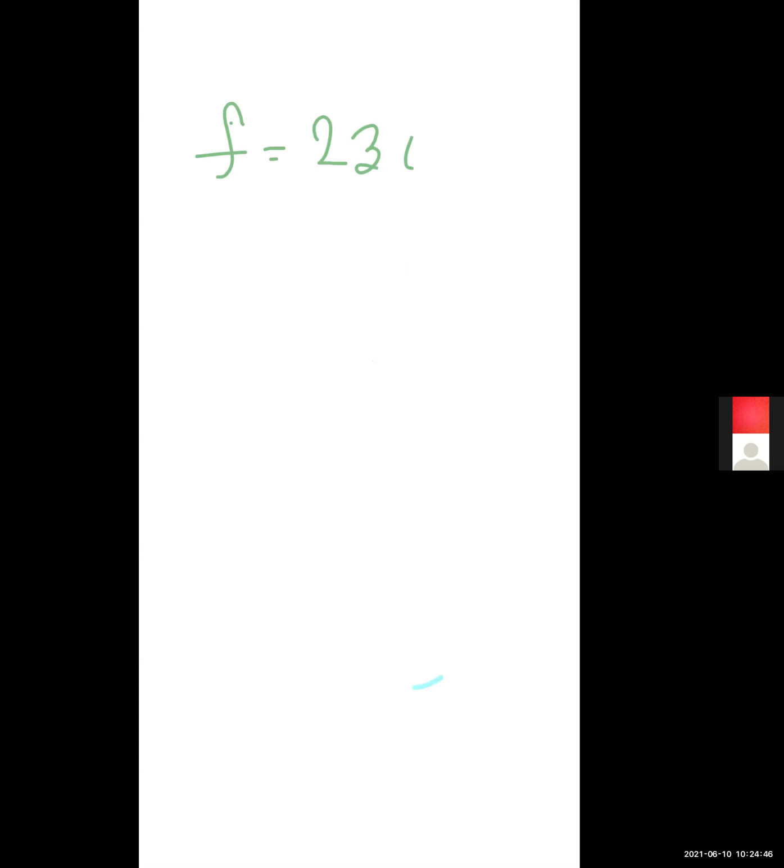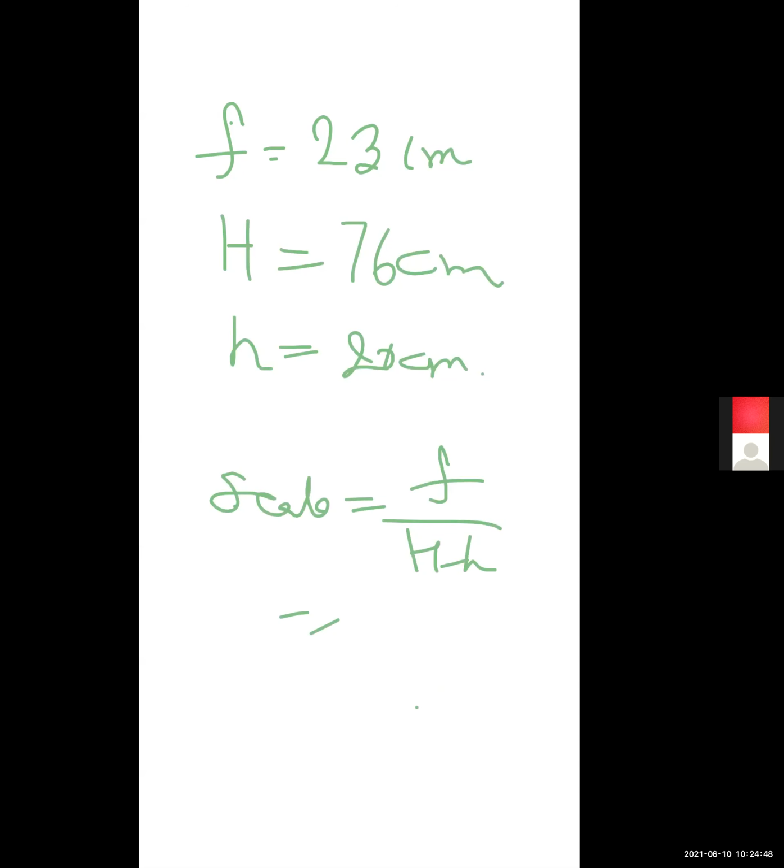What is the value? F equal to 23 divided by H. H is what? Elevation of air station, 76, and small h is the mean sea level height, which is 20 centimeter. So the value is 0.41. 0.41. Okay, clear to everyone? Next question is